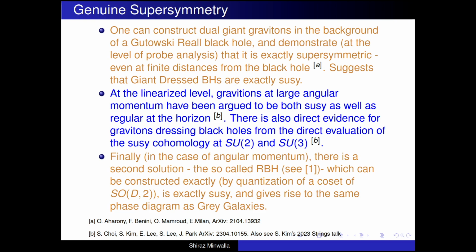I claim that our phase diagram actually descends down to supersymmetry. I've given 3 arguments to make this. There's no proof. I'm giving 3 arguments to make the case. First argument. Turns out that if you look at these dual giant gravitons at finite radius, in the presence of a supersymmetric black hole, you can show at the level of the probe analysis that this probe dual giant graviton is supersymmetric. This was in fact done in the paper by Aharony, Benini, and collaborators. Okay, so that suggests that it's not some effect that depends on these giant gravitons being very far away. It's an exact thing.